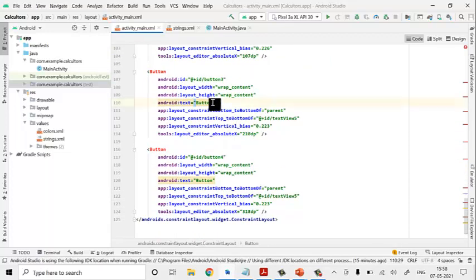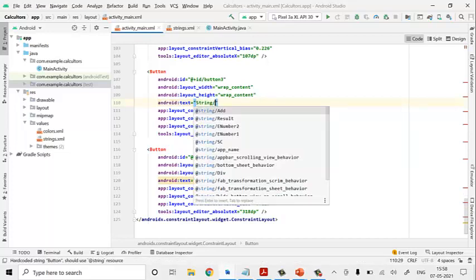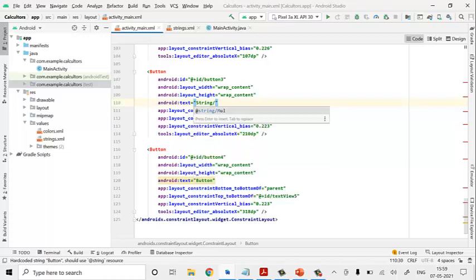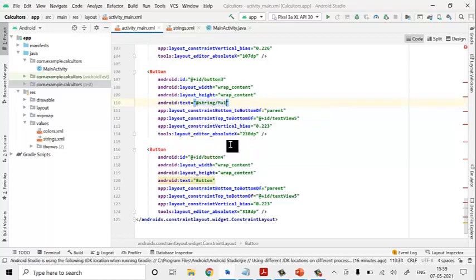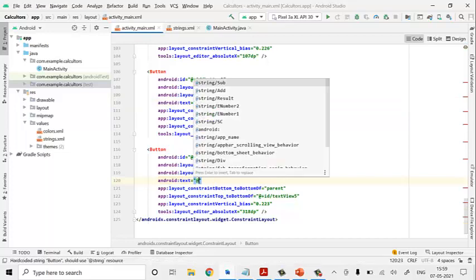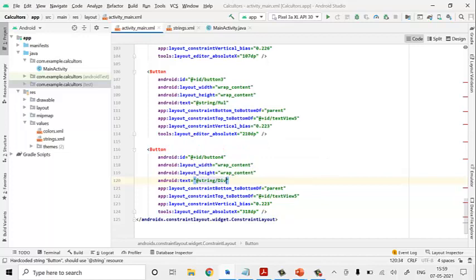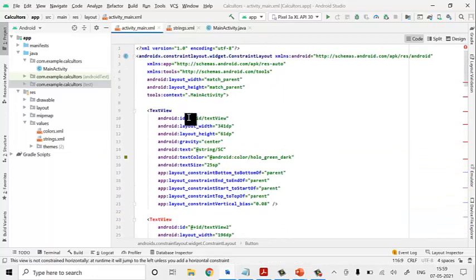Now again go back here, string mul, do it. Next here we require string div, yes, done. Save the file. Okay, we have saved our file.